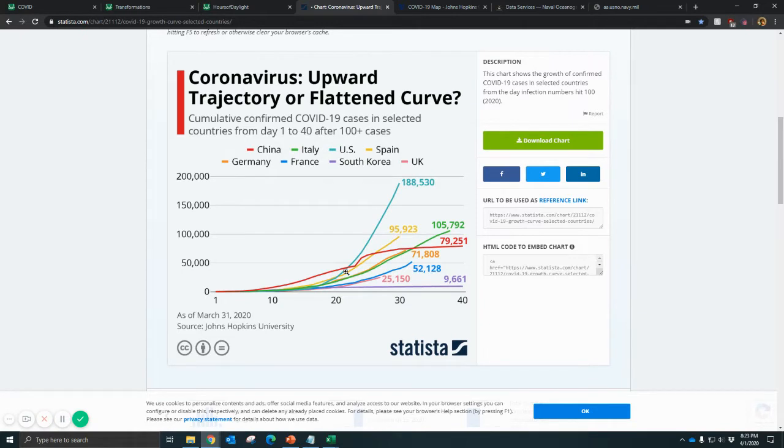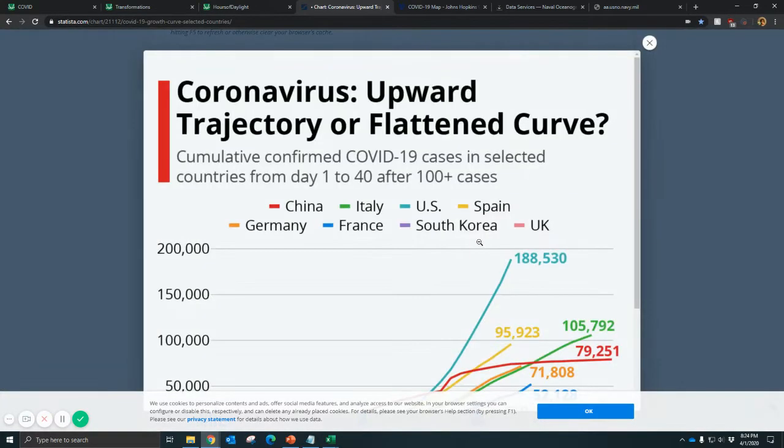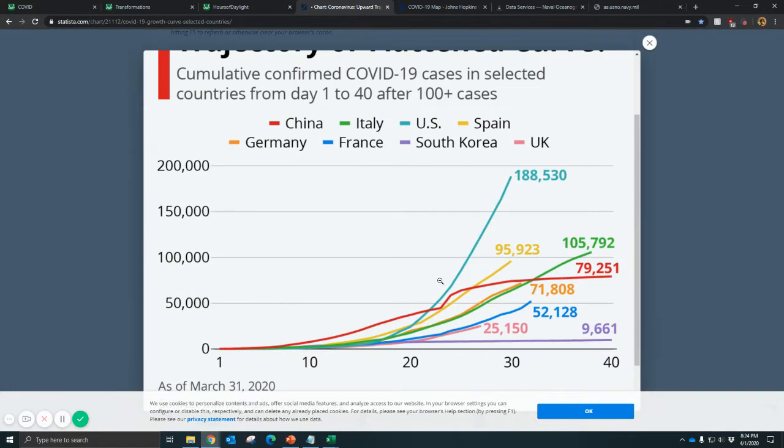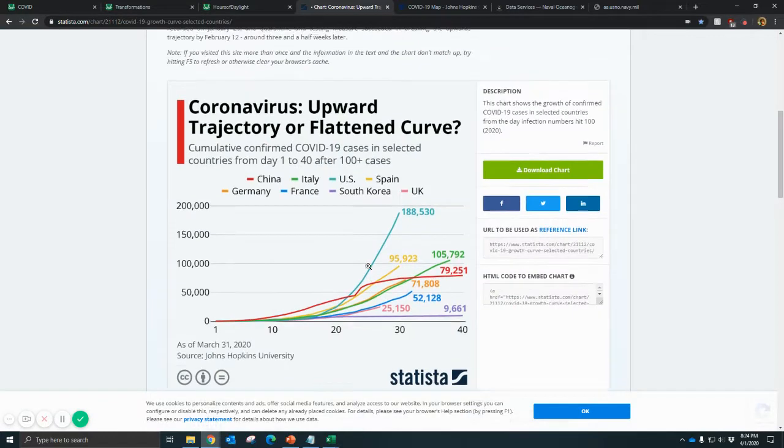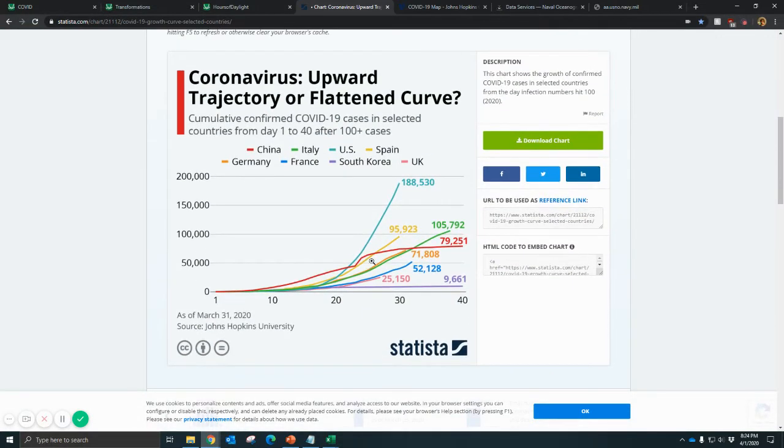And here's a graph here. This graph is the cumulative confirmed cases of this disease in different countries ever since there were 100 cases recorded in that country. You can see there are different colors, with different countries represented differently. And notice the data for the United States is on this trajectory here. If you were ever watching the news around this time, a very common term you would hear is exponential. So we have this exponential growth happening with this virus in our country.